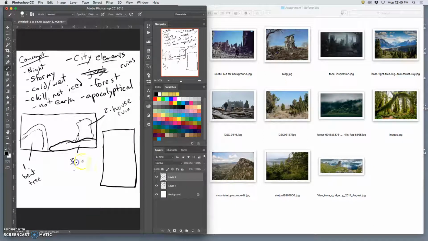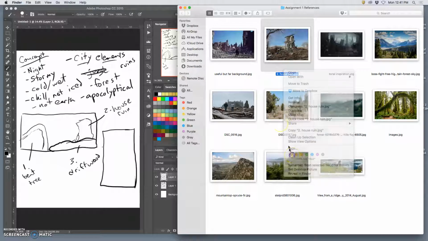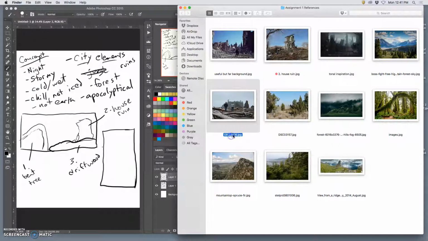So that's number 3. Driftwood. And you can even label them. If you have a lot of references, you can say, like, this is number 2, house ruin. And I'm planning to use this in one of my compositions, so I'll mark it with a color. This is driftwood, number 3. It's up to you how organized you want to get, but you need to be able to find